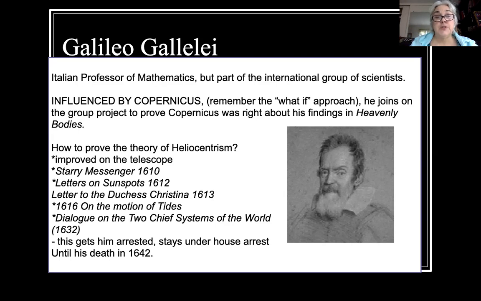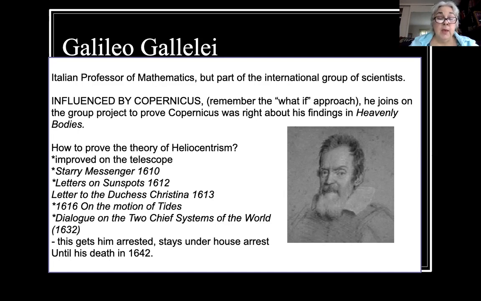At that point, the church steps in because they say, you are overstepping your bounds. You want to stay in science, that's on you. However, you don't get to interpret the Bible. Let me go through the next step first. Because he was so annoyed about the church intervening and subordinating all of his work, he wrote in 1632 the Dialogue of the Two Chief Systems of the World. He sets it up as a conversation between two scientists and the village idiot who just doesn't understand anything. And as the dialogue develops, it becomes very clear that the idiot in this case is the Pope. So he's really thumbed his nose at their authority, and this gets him brought up on charges